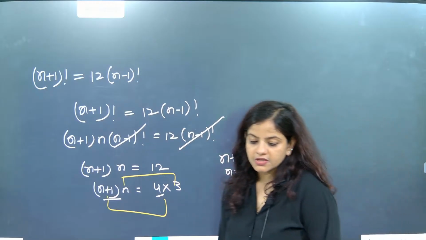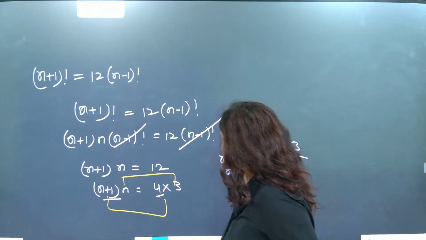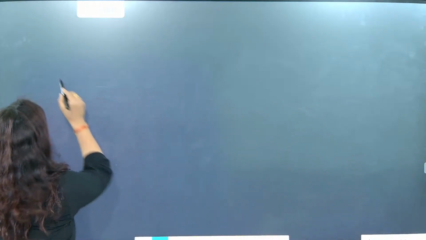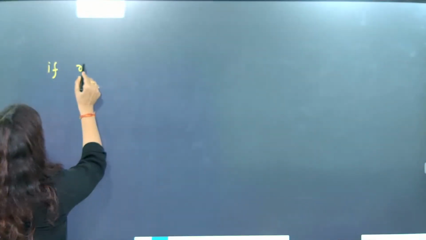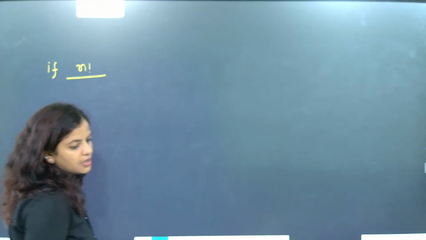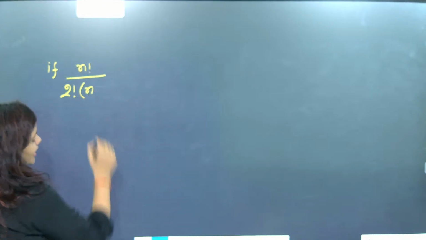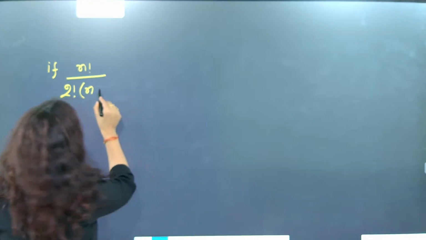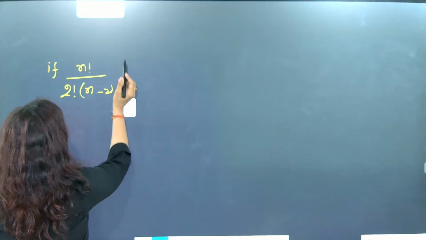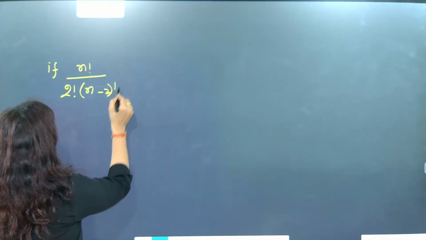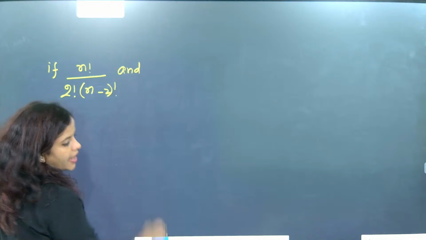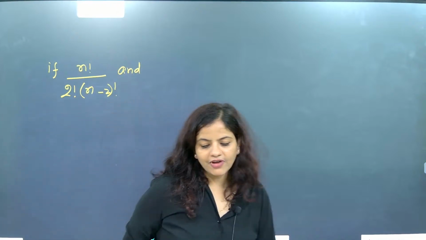So we will solve another question. Get ready for another question. The question is: n factorial by 2 factorial n minus 2 factorial, and n factorial